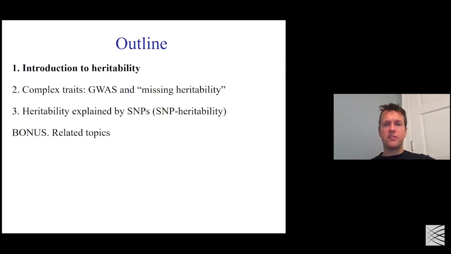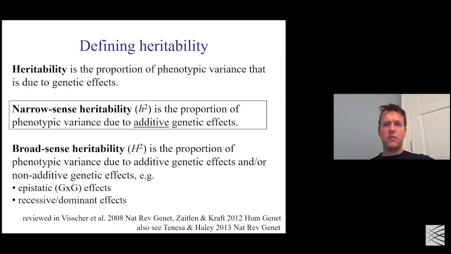So let's start with an introduction to heritability. So heritability is generally defined as the proportion of phenotypic variance that is due to genetic effects. And most of the time when people are talking about heritability, they're talking about narrow sense heritability, which is the proportion of phenotypic variance due to additive genetic effects. You could also talk about broad sense heritability, which could include epistatic or recessive dominant effects, but those are generally harder to estimate. And so generally when people are talking about heritability, they're usually talking about narrow sense heritability,